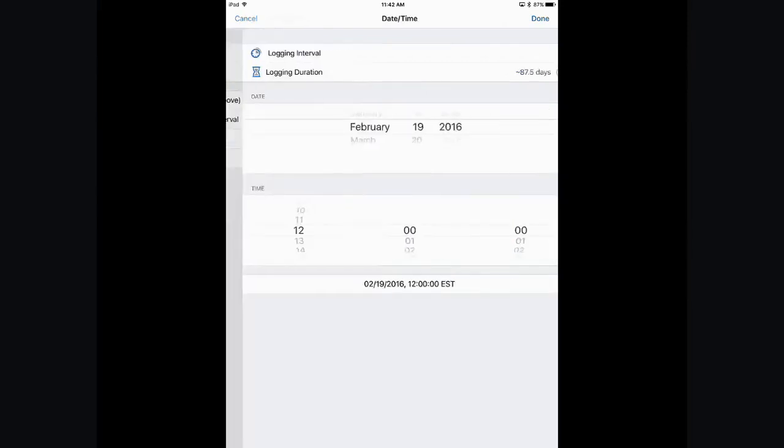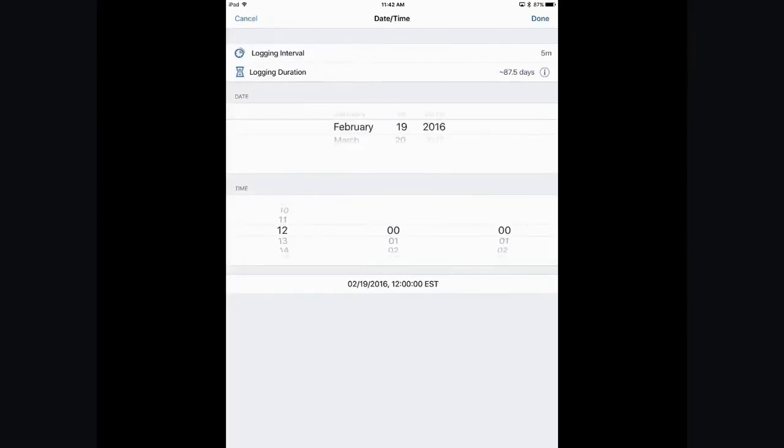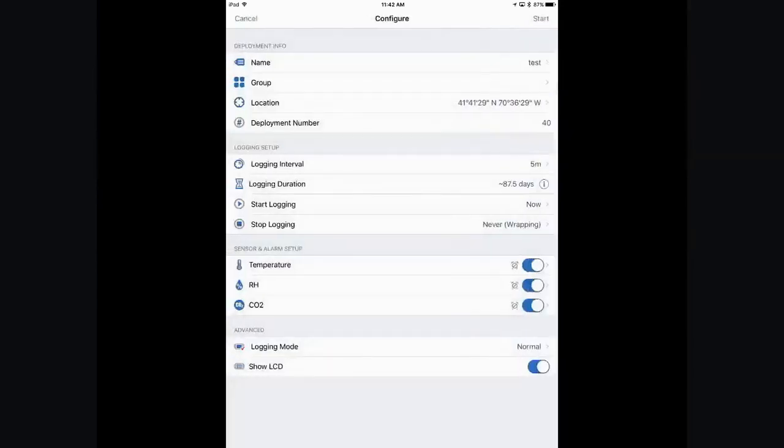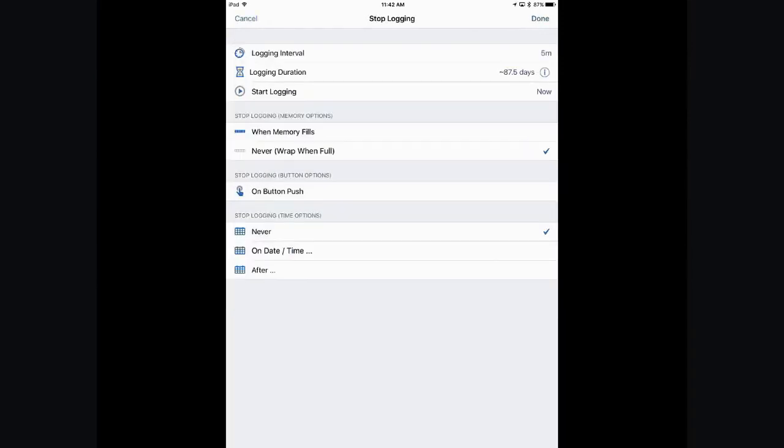Or we can select on date and time, and this is where we can program in a future time and date for it to start automatically up to 6 months in advance. Below that, we can configure how we want the logger to react, how we want it to stop its logging. So here we can configure it to either stop when the memory fills,